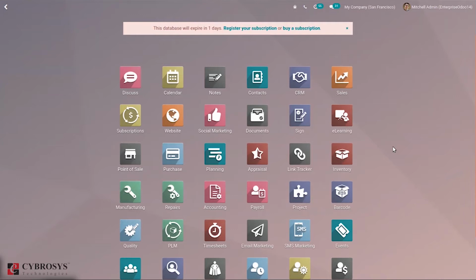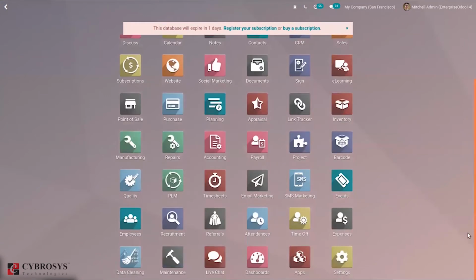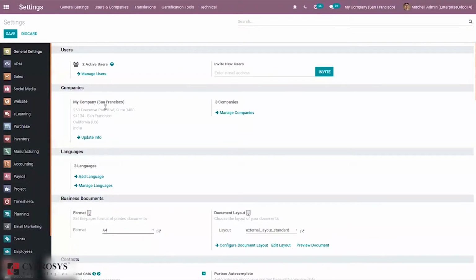So in order to create and manage multiple companies, we can just go to our settings. So here we have our settings. When you go to settings, here you can find the option to manage companies.